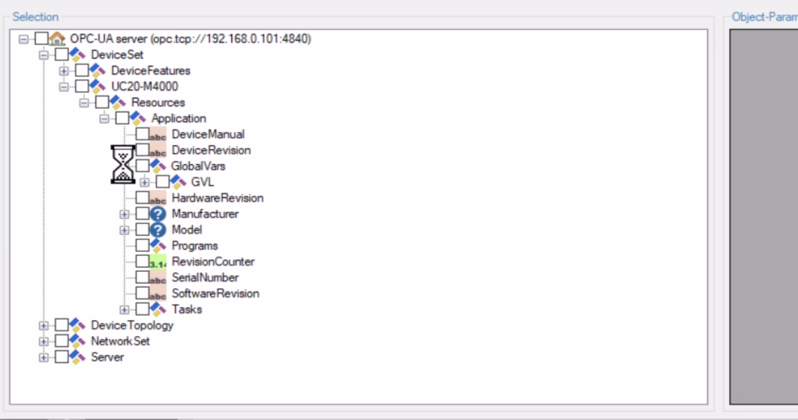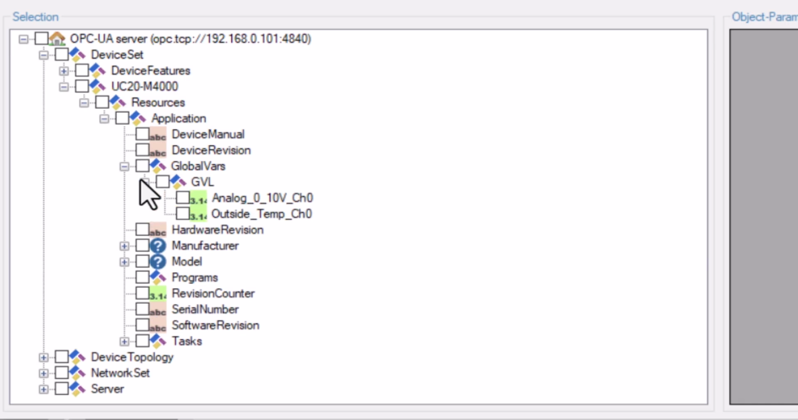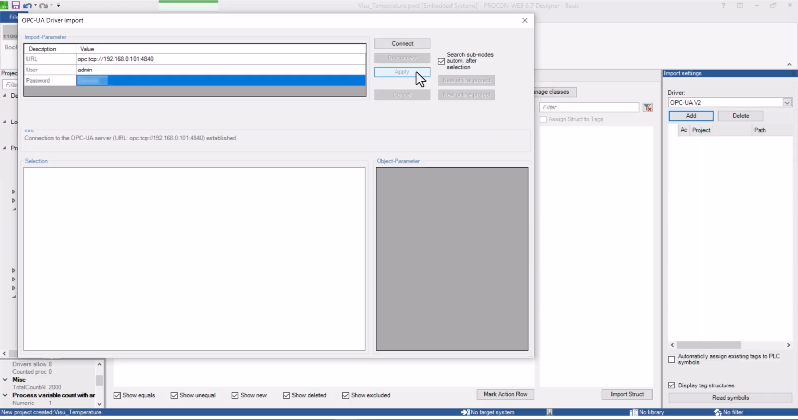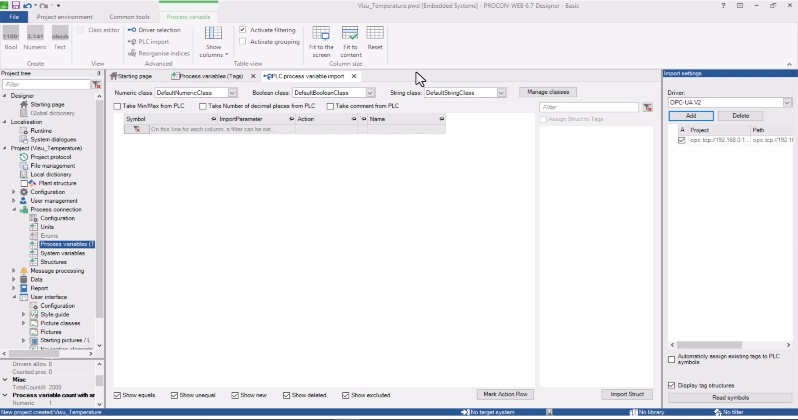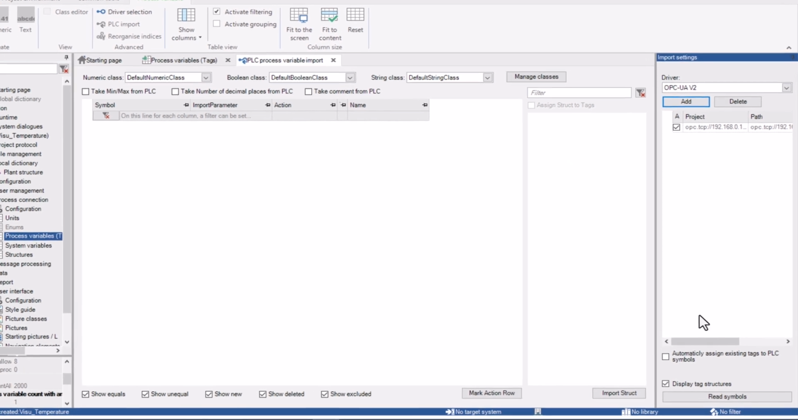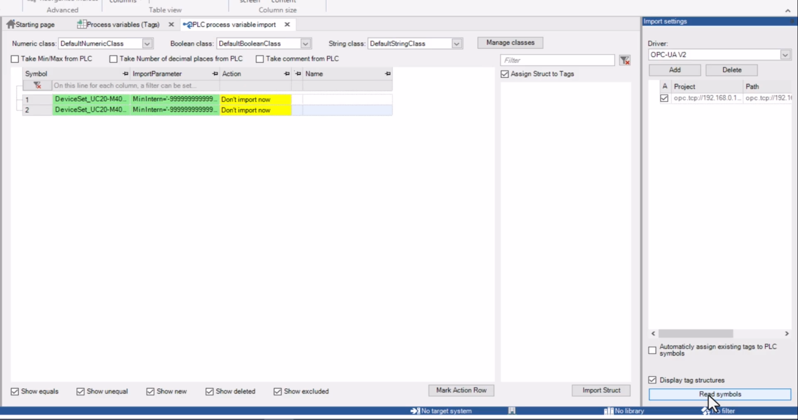Here in our GVL, that means the global variable list. Finally, the two variables published by CODESYS can be found under GVL. We now select these and click the Reply button to accept this selection. Once we have selected which variables we want to use for the visualization, we read in these symbols by clicking on Read Symbols. A list now appears with the variables that we can transfer or import into our process variable